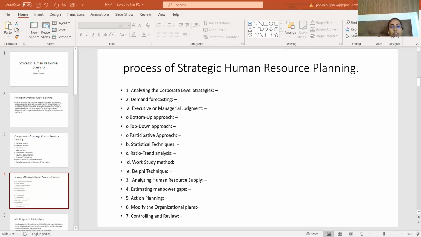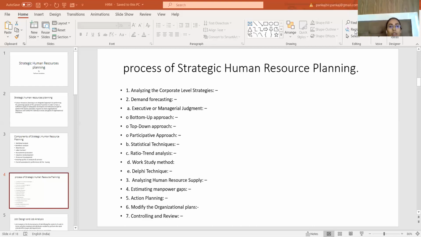So if there is a deficit, it suggests that the number of persons to be recruited from outside, whereas if there is a surplus, it implies that the employees can be redeployed or terminated. Employees with a skill deficiency can be trained, while the employees with higher and better skills may be given a more enriched job.